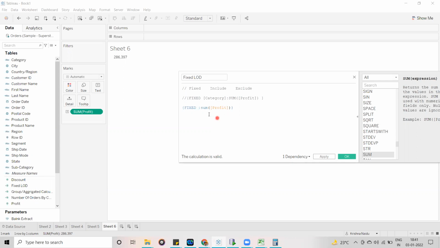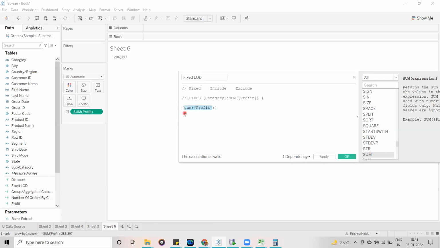When you open the calculation, they have mentioned just a flower bracket with sum of profit, and you don't know what it means. It's confusing. Guys, whenever you see only sum of profit between the colons, it means a fixed LOD function is applied by default.